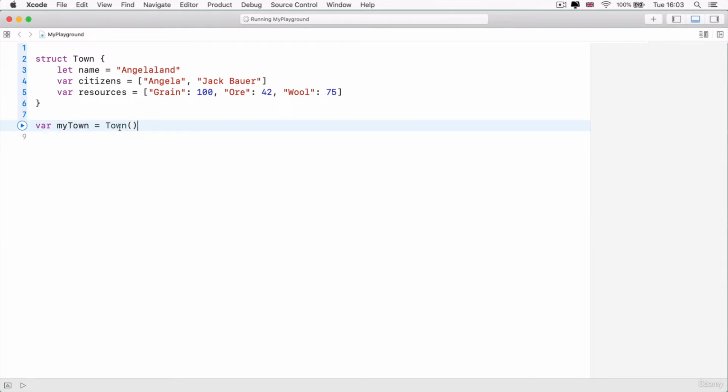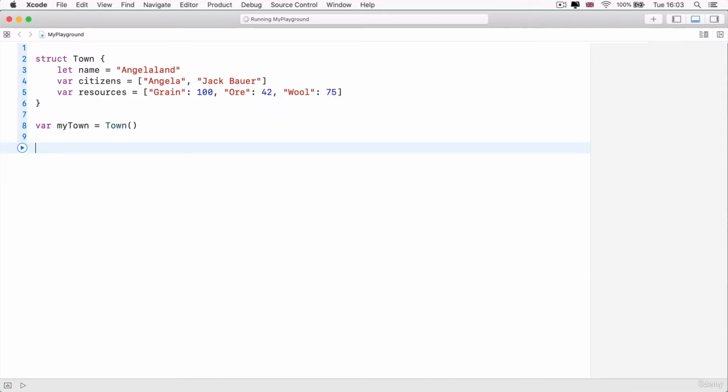So now what I've done is I've created a new copy of this town structure, and it's held within the variable of myTown. So that means I can actually use this object myTown, and I could access the properties of myTown.